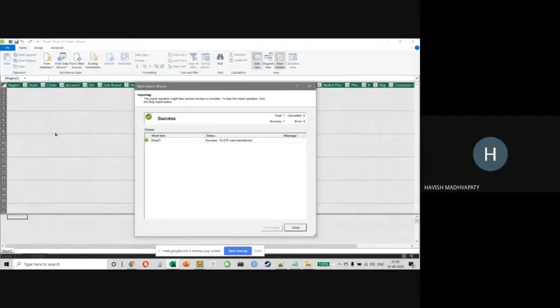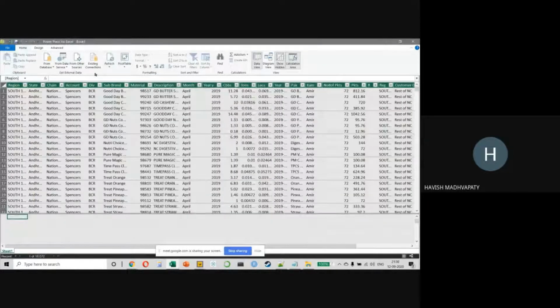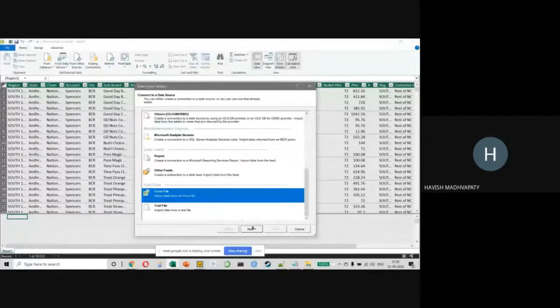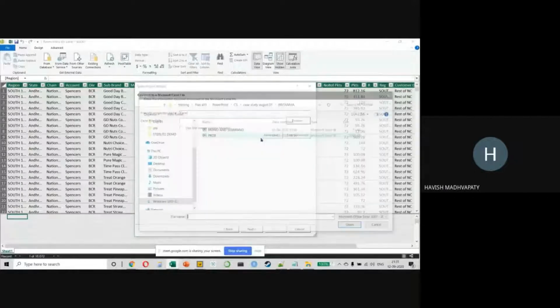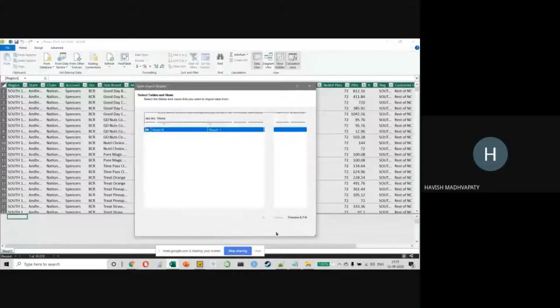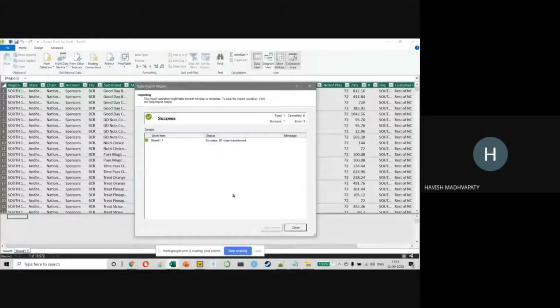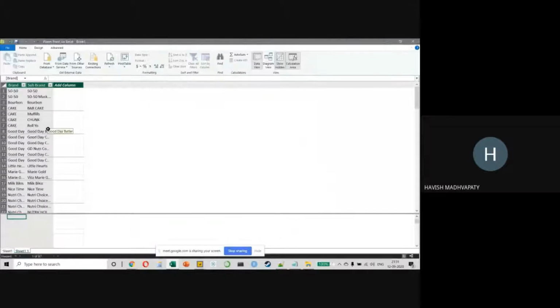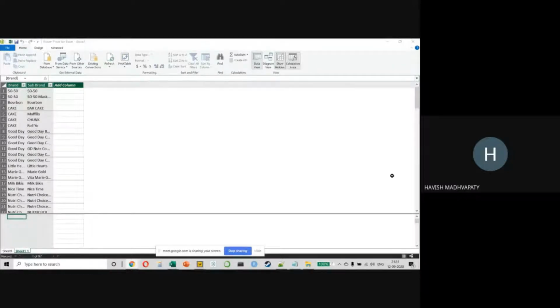So far, nothing very complicated, no rocket science. But now I'll do something interesting. I'll again click on From Other Sources, and I'll click on Excel, and I will select the brand and sub-brand, and same thing, use the first two as headers, click on Next and click on Finish and Close. Now, if I ask you that the brand is mentioned in one file and the data is in another file, usually what will you guys do? You will do a VLOOKUP, correct? Because obviously you have to first combine everything into one single file. But I don't want to do that.